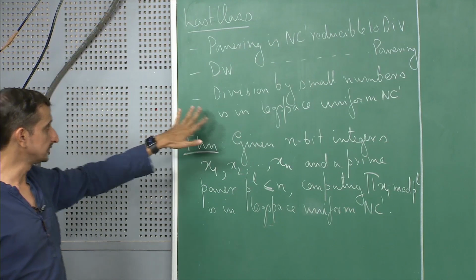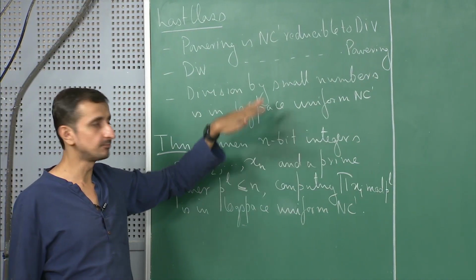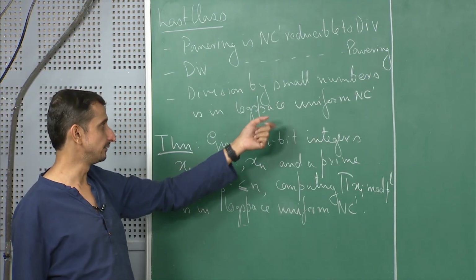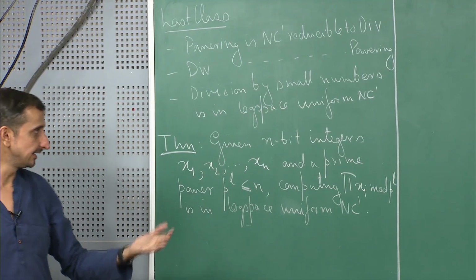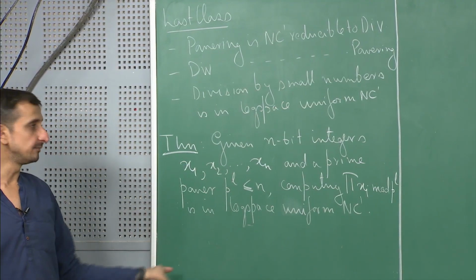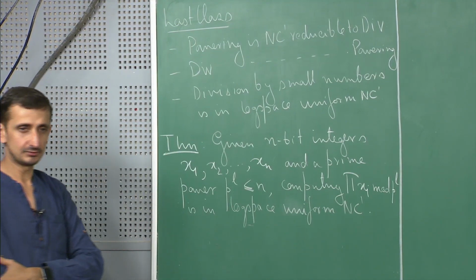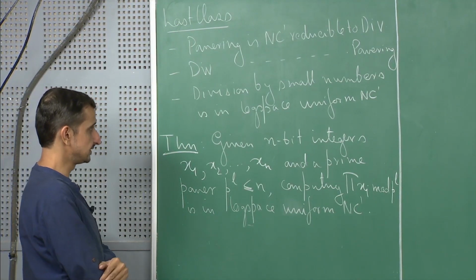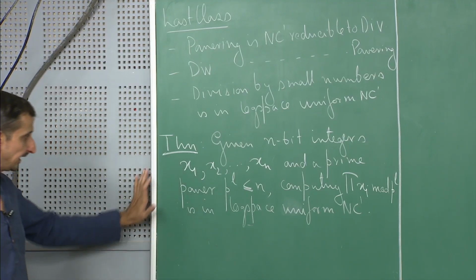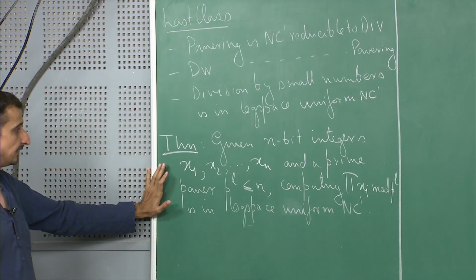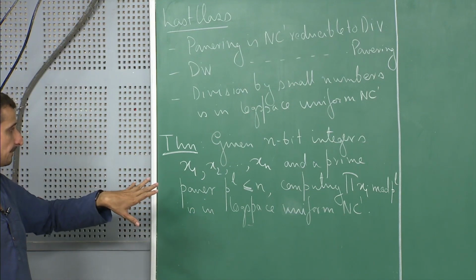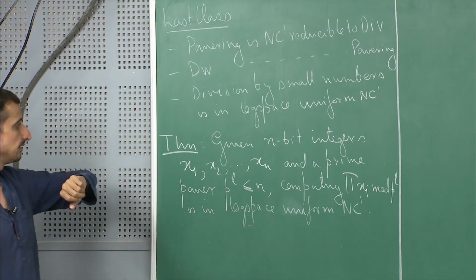And we also saw that if we are doing division by small numbers, that is, if I am dividing by m, where m is less than n, then I can find the quotient, remainder, all those things in NC1. Okay, so division by small numbers is easy to do. And then we saw this result that if I have a